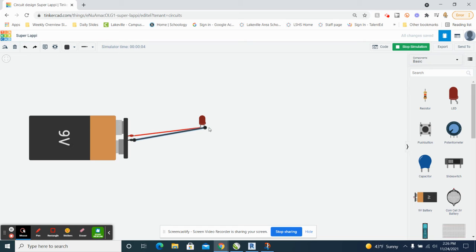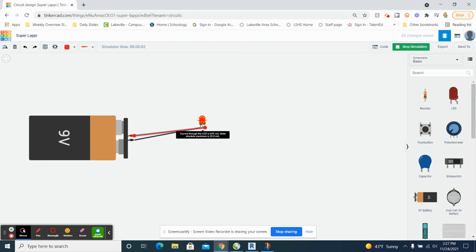So that tells me that I need to flip around what's connected to the positive end of the battery and the negative. So I'm going to stop my simulation. And I'm just going to click on my wires and delete them. So the black wire is going to actually go to the cathode. And the red wire is going to go to the anode. So now if I do start simulation,